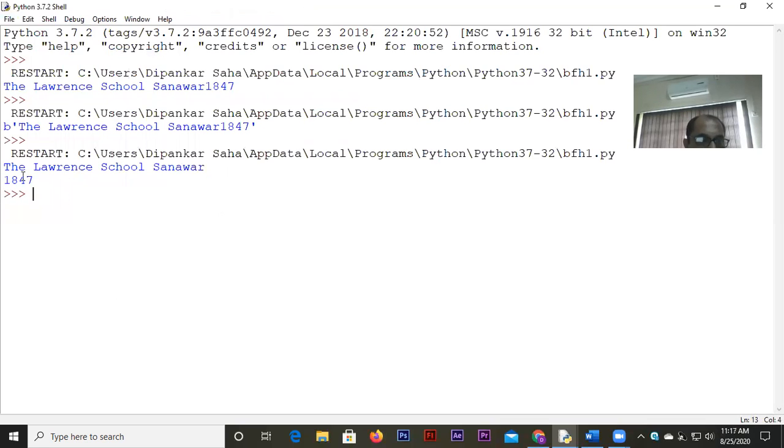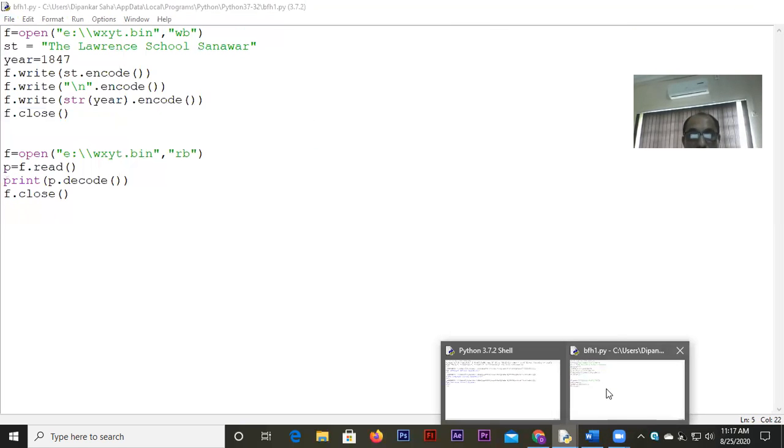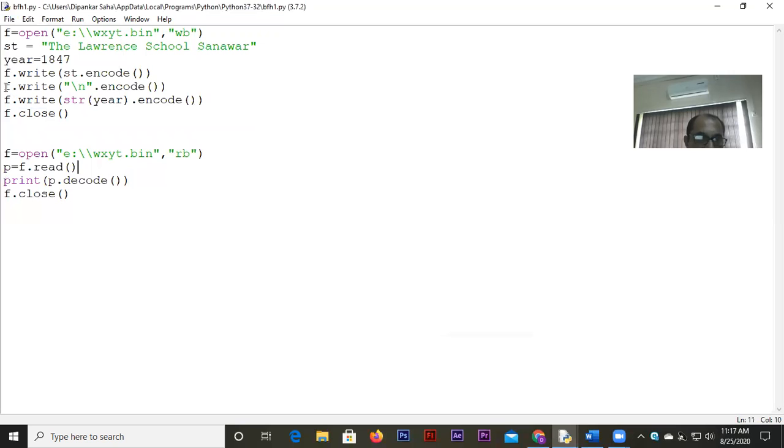Now look at this. These two are coming in different lines, because \n was written in between the two data. Now, likewise, reading can be done by the read function. That is one way. Another is by readline. Readline, you have already learned in connection with text files, reads only one line.